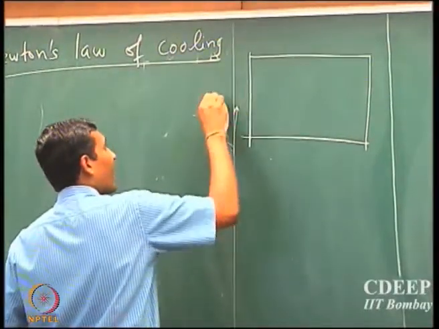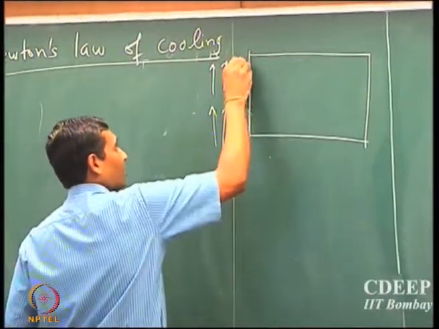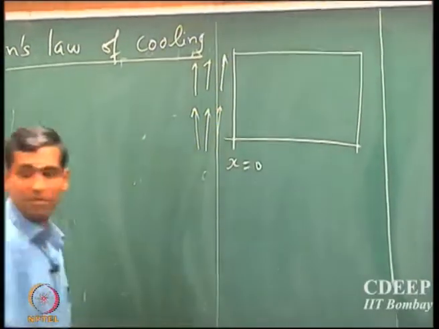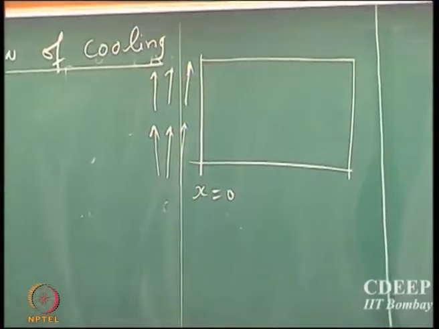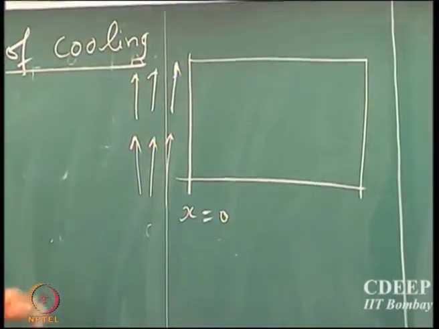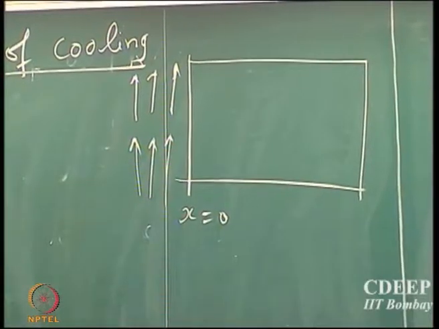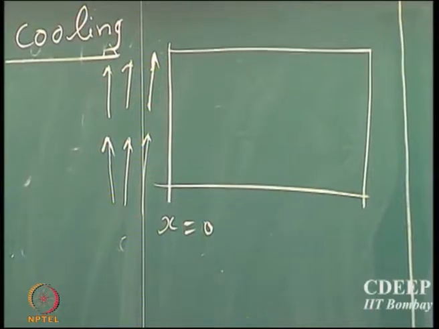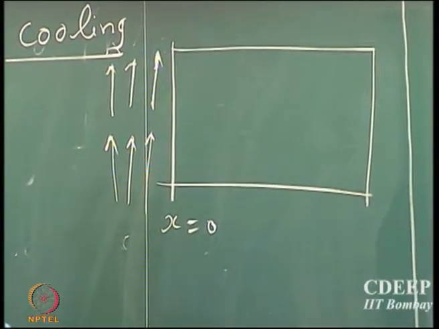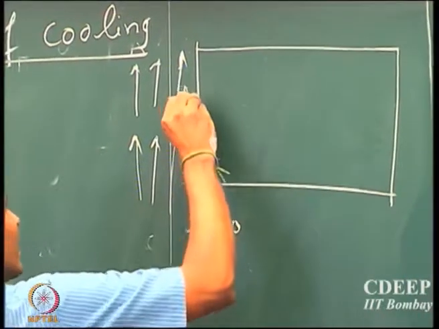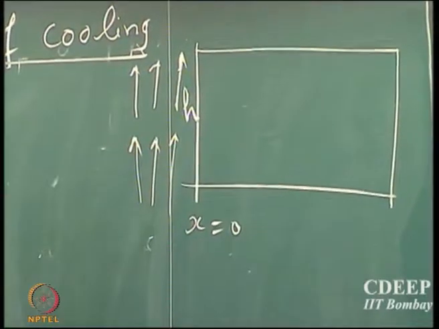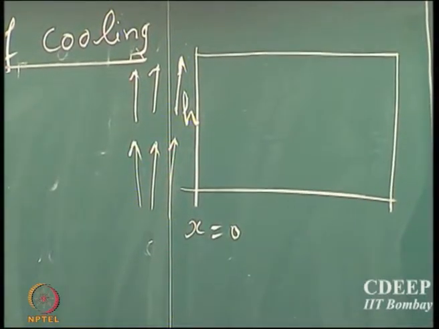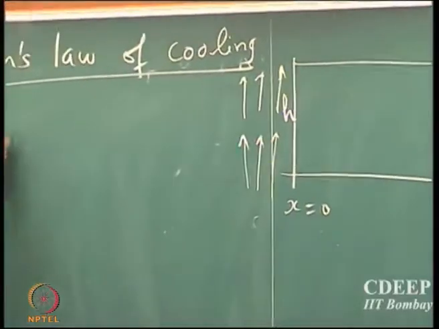which is flowing past this solid. So this is x equal to 0, and the fluid could be flowing at a certain velocity v. We will see a lot more about it when we discuss the convection topic, maybe 10, 15 lectures from now. And so there could be a transport coefficient h. So we now have to define a heat transport coefficient